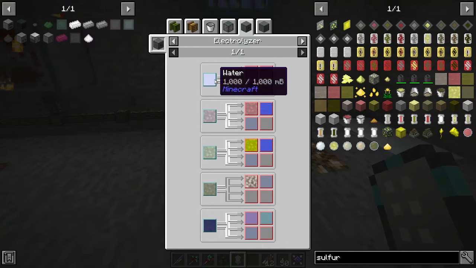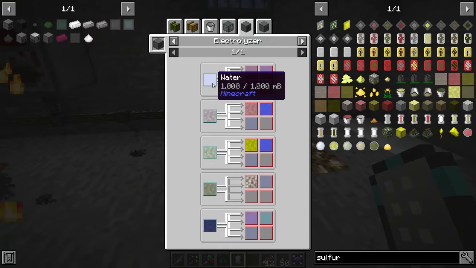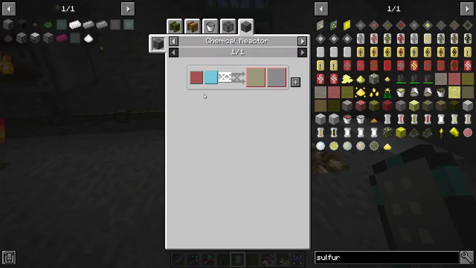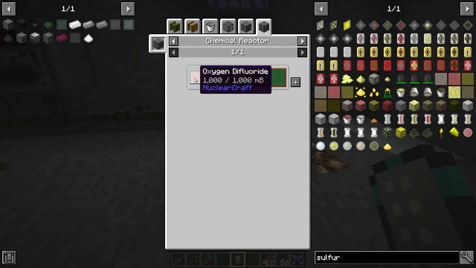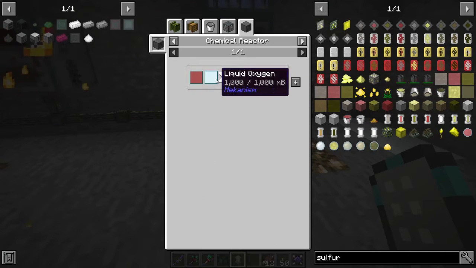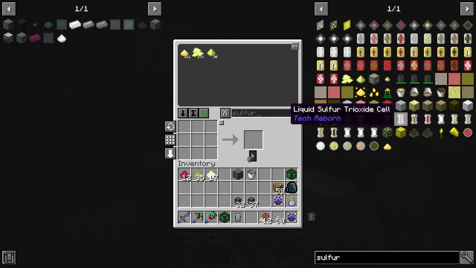The electrolyzer puts water in and gives us oxygen out. Oxygen difluoride and water, or water to get the oxygen. Yeah. So looks to me like we need